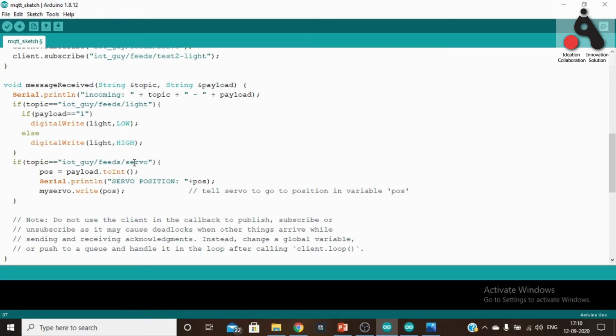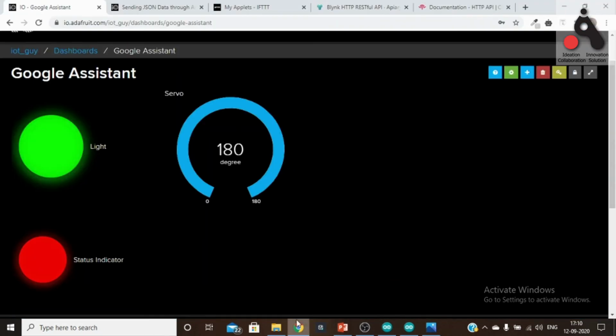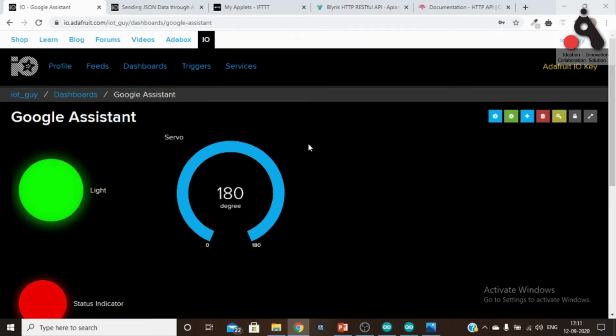Similarly, for the servo motor, we are setting what is the data we got. This is the data payload converted to int. We are converting it to an integer value, and after that we are setting it to that value in the servo object. With the servo object, it goes to that position. Tell servo to go to the position of variable pos. Fine. So this is the callback function which will be called every time our broker gets data on this topic. Now we have to go to our second part.